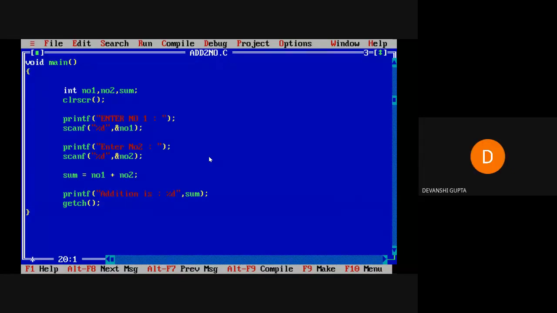Ma'am, you wrote the clear screen function in the second line. So what if we write the clear screen function after the getch function? Will there be any changes in the program? You will not be able to see the output because it will clear the screen.